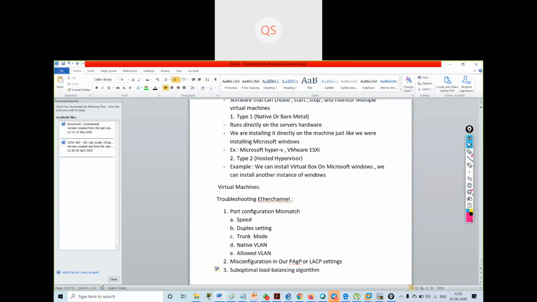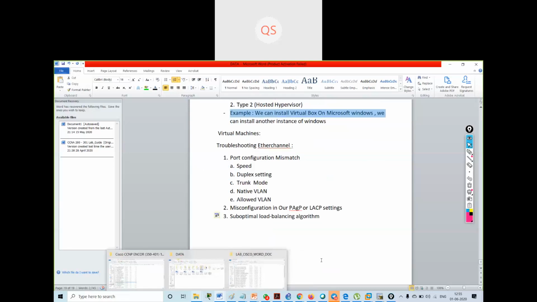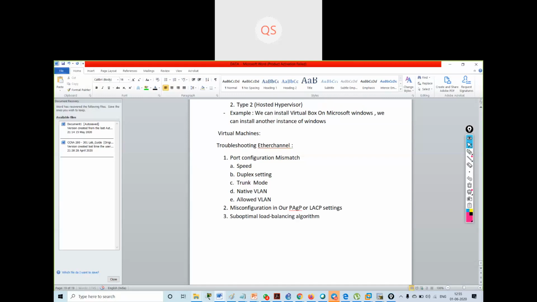If you remember when I showed you in the practical in CCNA, when I gave the command show etherchannel summary, I used to get an output in this format: destination IP, destination MAC, then source destination IP, then source destination MAC, then source IP, source MAC.